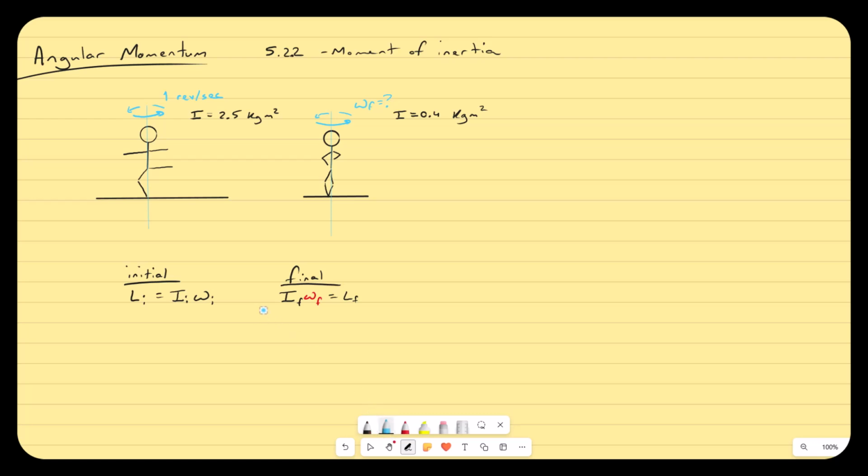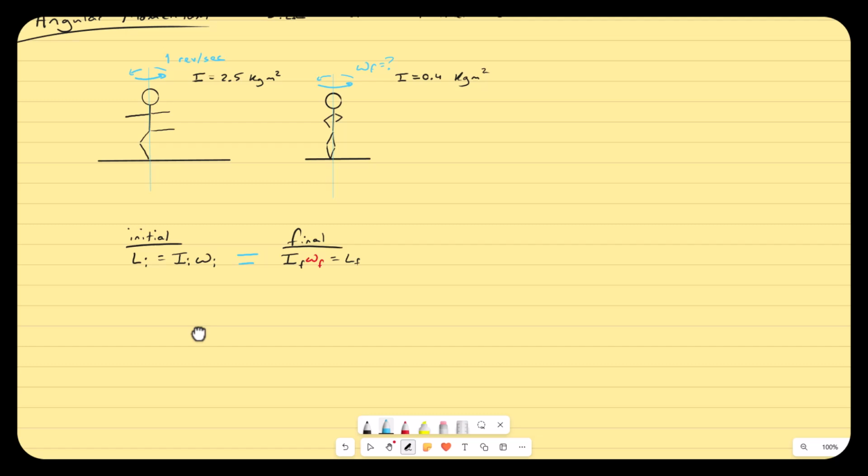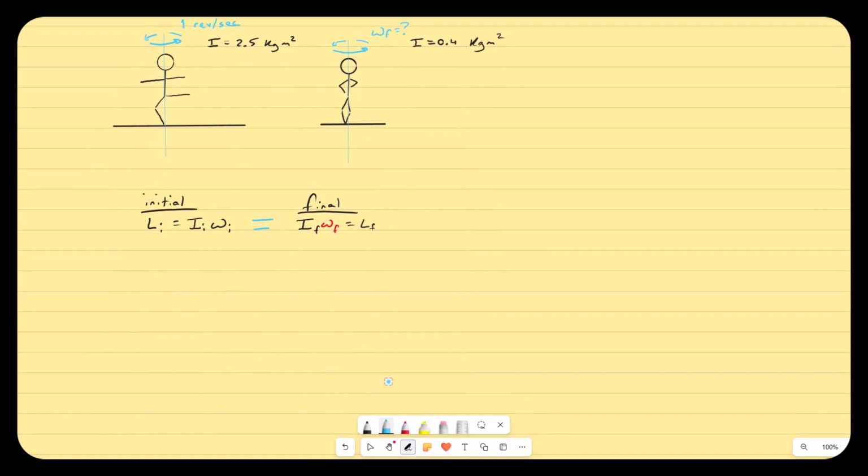And what we would like to do is set these equal to each other. When we do, we get omega final equals I initial omega initial over I final, and we can plug in